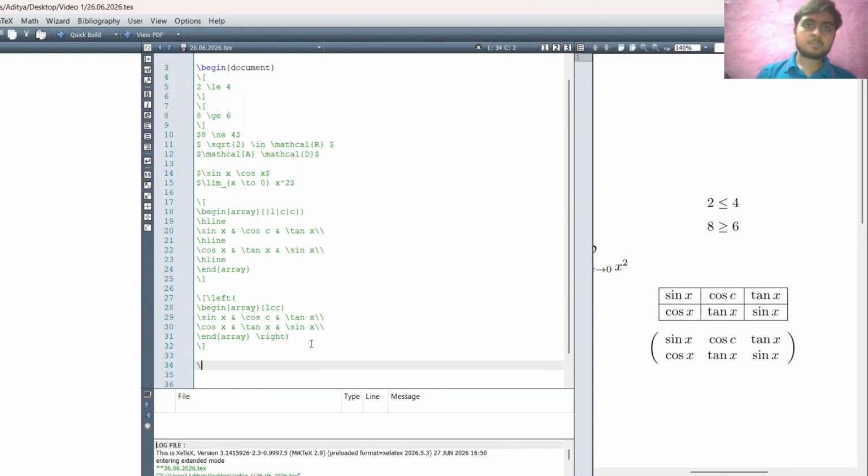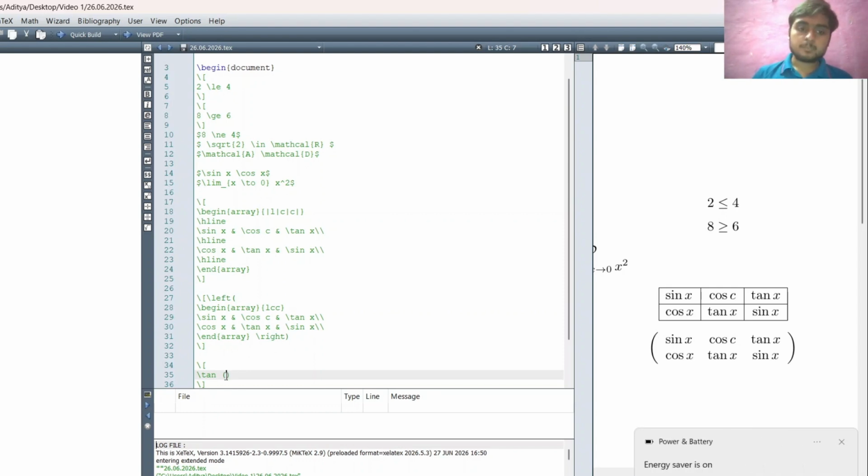Either we can use a display operator or we can use the dollar commands. So it's absolutely fine how we do it. Then we have tan of. So I have already told you that we need not insert the delimiter all the time. We can simply insert the parenthesis whenever required. In most cases, LaTeX never encounters an error for this problem.